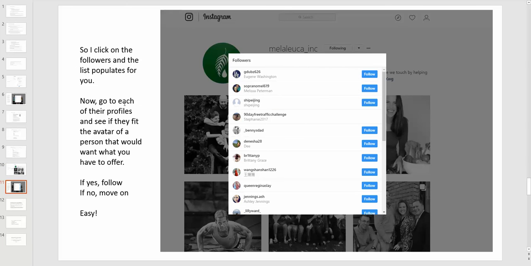All right, I just went over all this in the live. I clicked on the Melaleuca, and these are all the people that populated right here. So what I would do is go and check on this person right here. Just click on their name, check their bio. If it's somebody that you think you can help by showing them your URL, definitely go ahead and follow them. I know there are bots out there that can actually do this for you, but I'm not really too hip on that.